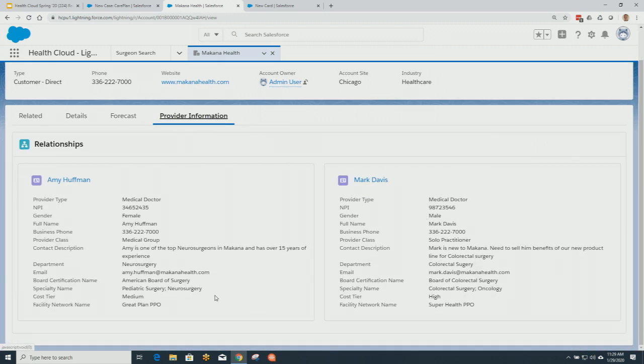And you will see that now on my provider cards, I can see the specialties for each of the providers, I can see the cost tier, and I can also see the facility network name. So that was just a quick run through of how you can use these cards, define your own card types, add your own fields into the card, and really navigate through the Health Cloud data model relationships to arrive at that. So going back to the presentation,